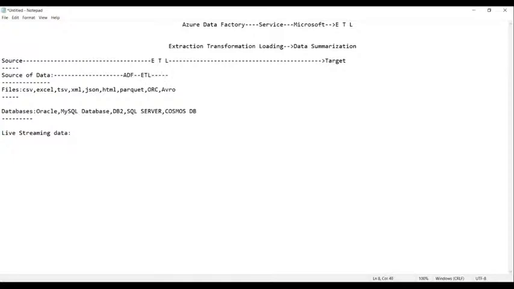Then the data is loaded into the destination. Target can also be referred to as destination. Clear, everyone?